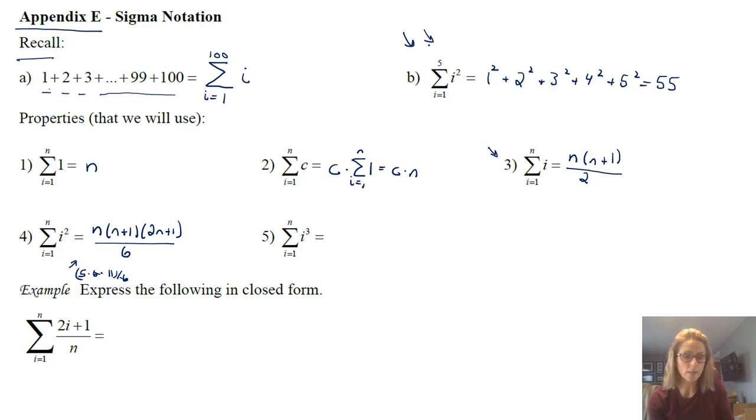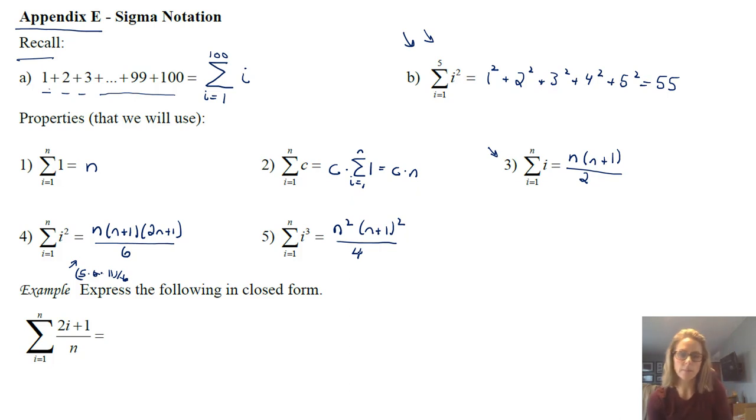So it's a way to do it without having to add everything up together. These are formulas that have been proved. And again, induction's a very common way to do these. There's also one for i to the third. So I'm just going to mention these three because I'm going to use them, 3, 4, and 5. I'm going to use these in some examples.